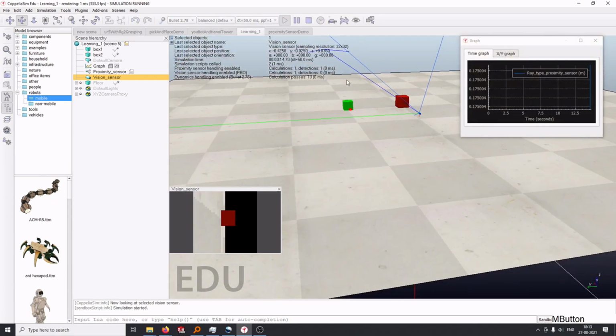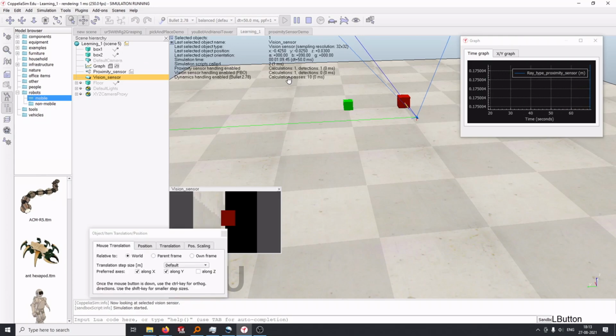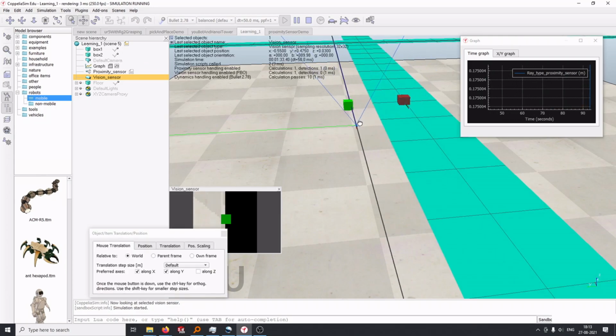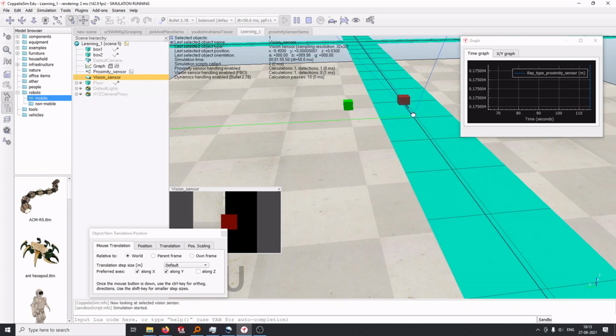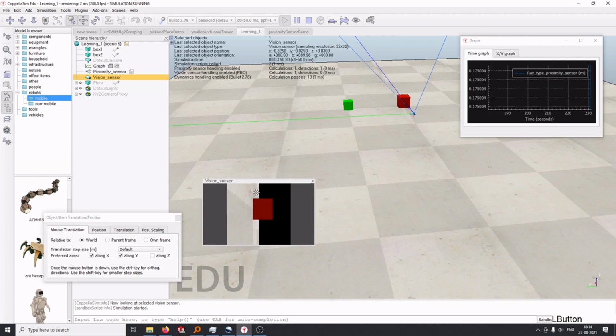Now we run the simulation, and we see it's seeing the red block, and we move the vision sensor around. It sees the green block and the floor and the farther background that is black. But one thing we observe is that this is rotated by 90 degrees.